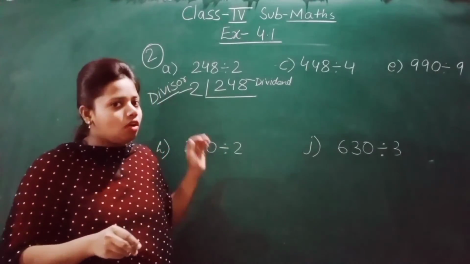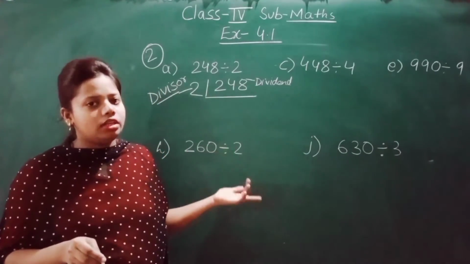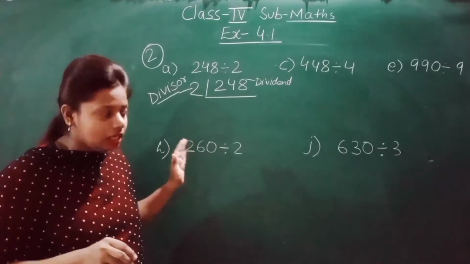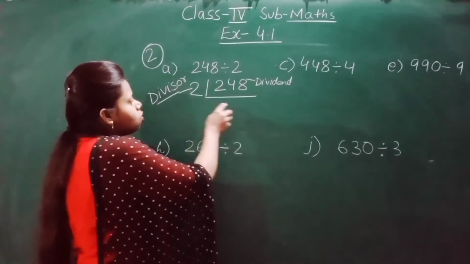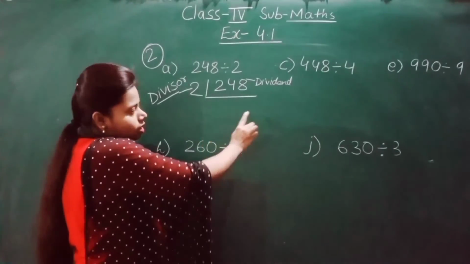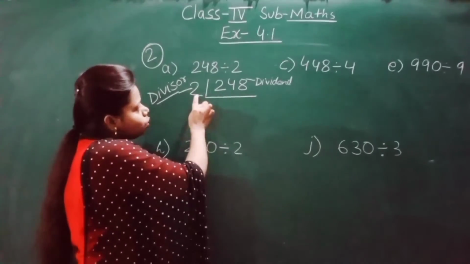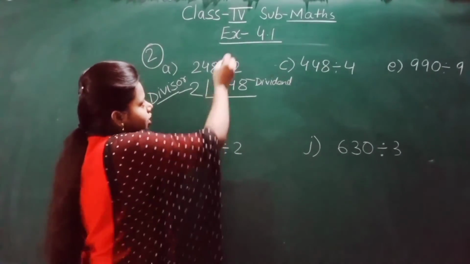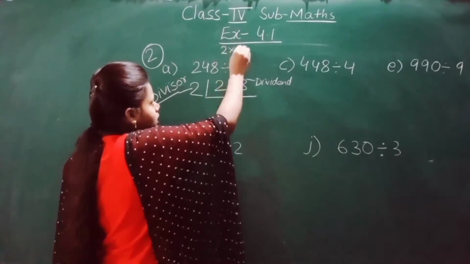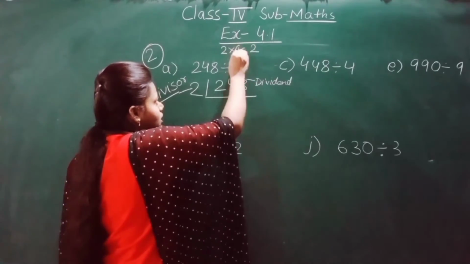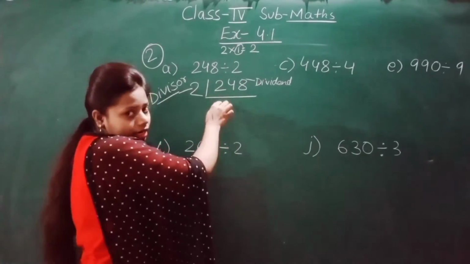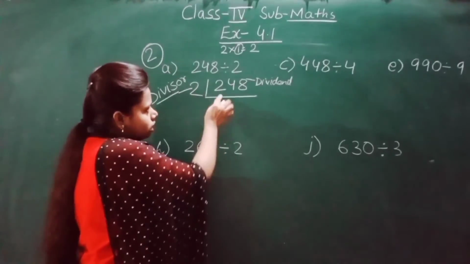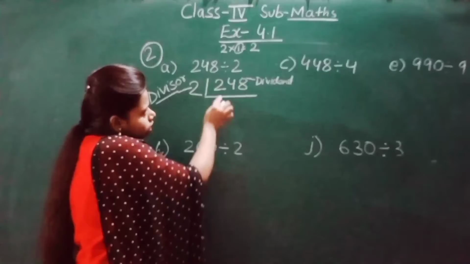Okay, so now let's start to find the quotient. How to find the quotient? This one is the short method, so see carefully. We will write the quotient here. So 2, how much are 2? We write it like this: 2 1 ja 2. So we will write this here. 2 1 ja 2.